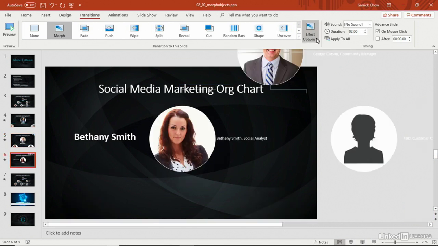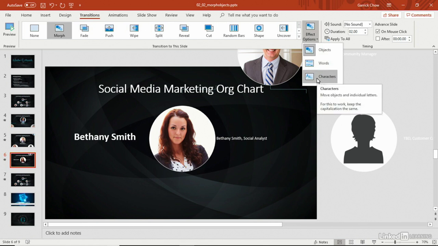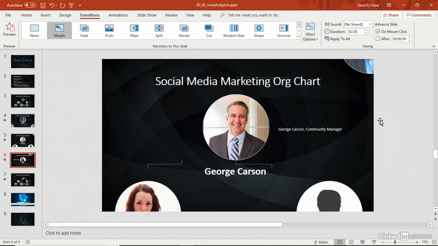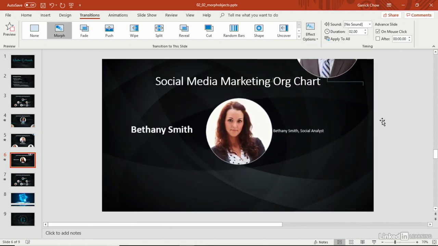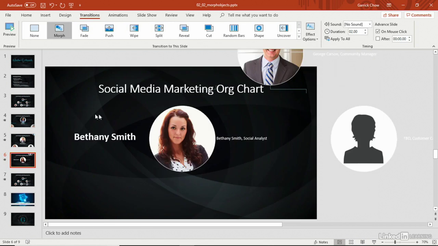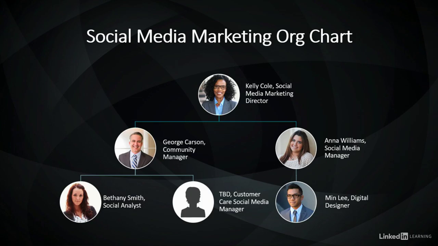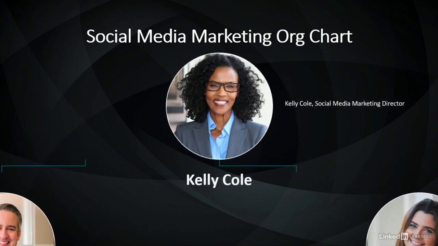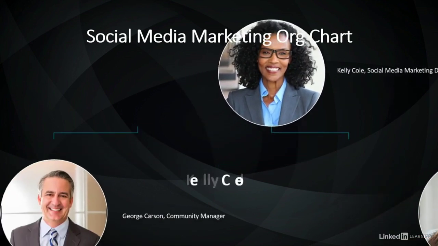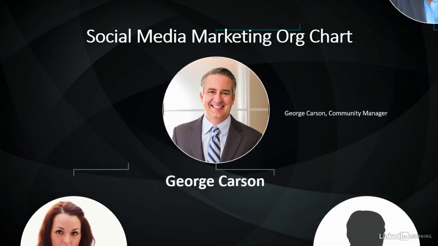So again, I'll come up to Effect Options, and I'll set this to Characters. And again, in the preview, we see those characters carry through to the next slide. All right, let's go back to the top here and go into slideshow mode to check this out. So I'll press the space bar. We zoom in, the name appears. I press it again, and we see those letters carry through to the next slide. And one more time,